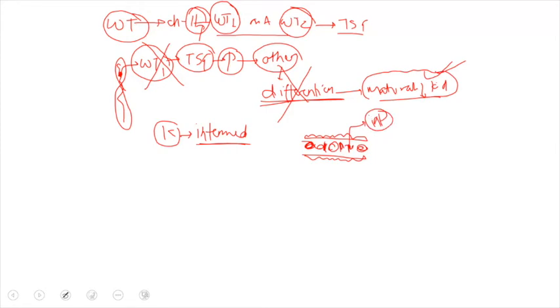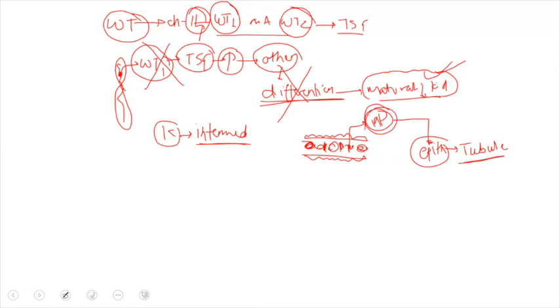So basically I'm trying to tell you that the development of the kidney occurs from mesoderm, and this mesoderm will differentiate into epithelial component, and this epithelial component gives rise to the tubules of the kidney, right? It will give rise to the tubules of the kidney. So if we see the histology of the normal kidney, we can appreciate glomerulus and the tubules, and this glomerulus and the tubules are actually the epithelial component which are derived from the mesenchyme, and this mesenchyme is actually your intermediate mesoderm that I'm trying to tell.